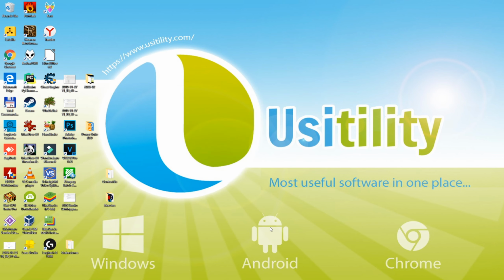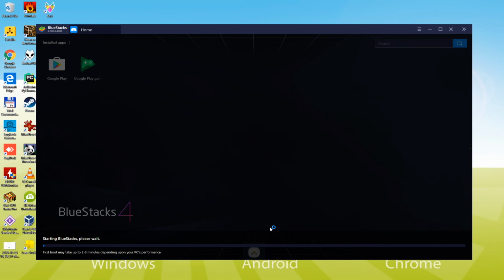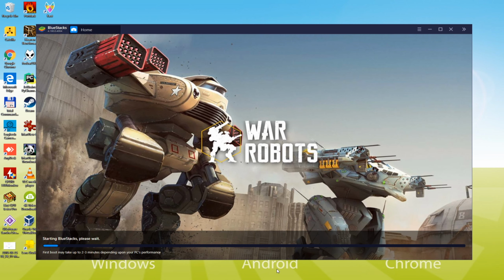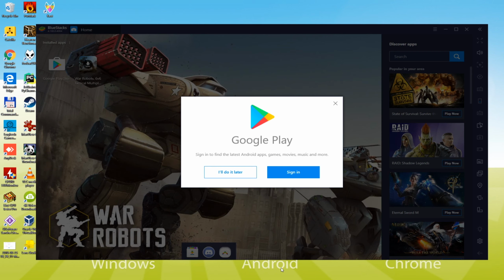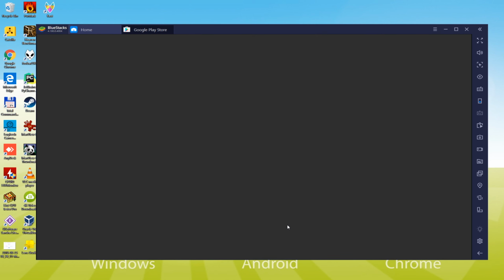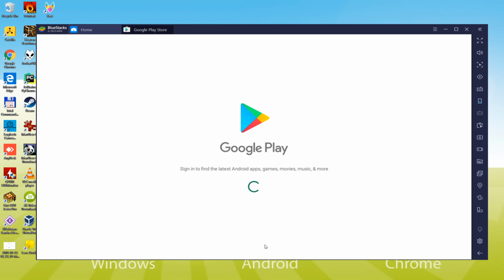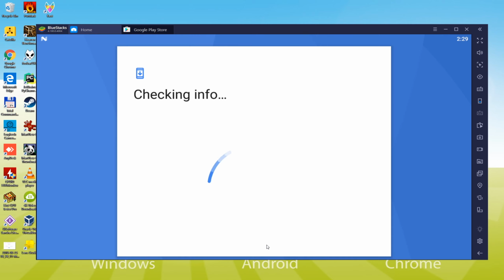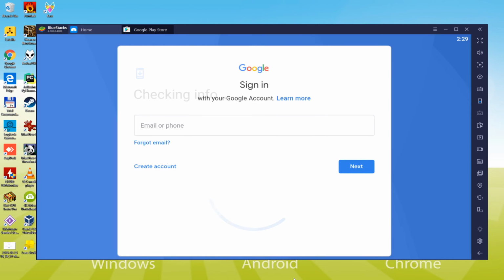The installation is complete. Patience is needed the very first time only, since the computer will make a few vital configurations for BlueStacks. Don't miss the next step. Here's an option for Google Play sign in, you need to go here. When you click it, you will be asked to provide the necessary information to log into Google Play. You can't install this game without signing in because it's a Google Play game.